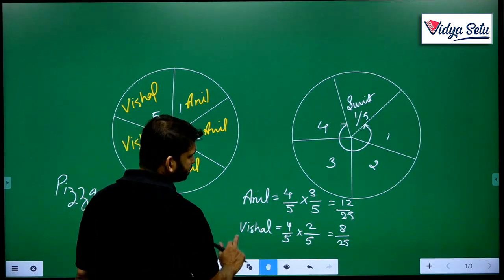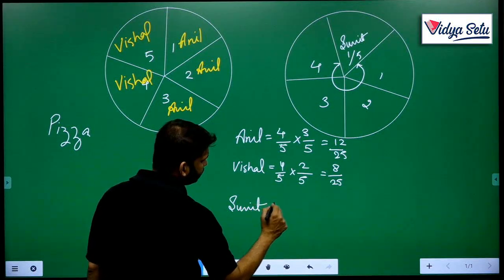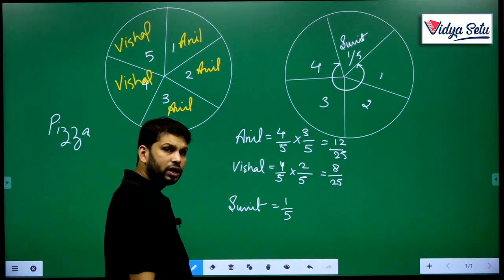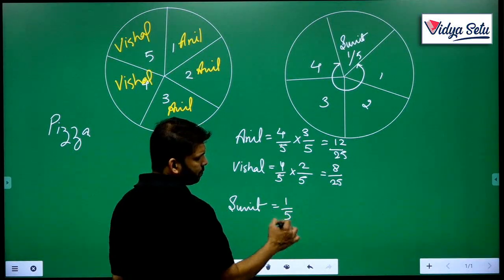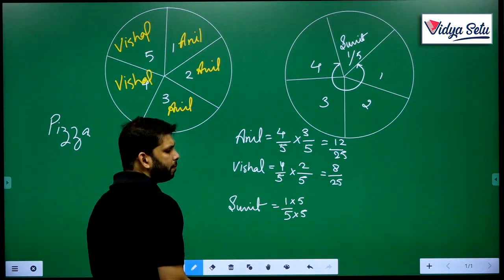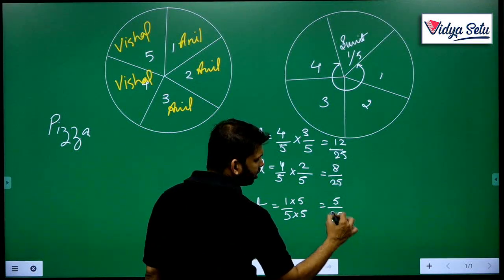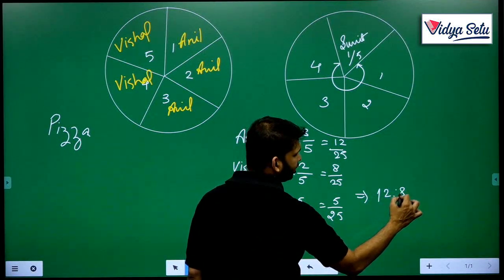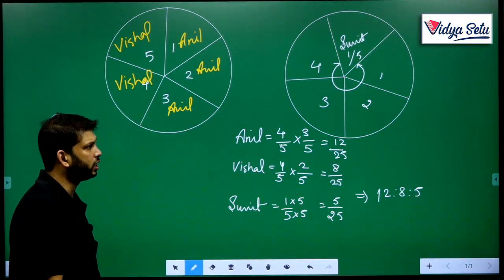Now the denominators have changed. For the new partner, the denominator should be equal. Sumit entered for 1 upon 5 share, but we can see the denominator is 25. So we'll make his also 25. How? By multiplying the numerator and denominator by the same number, because it cancels out. So it becomes 5 upon 25. Now we get the new ratio. What is the new ratio? The new ratio is 12 is to 8 is to 5. 12 plus 8, 20 plus 5, 25. So this is the new profit sharing ratio.